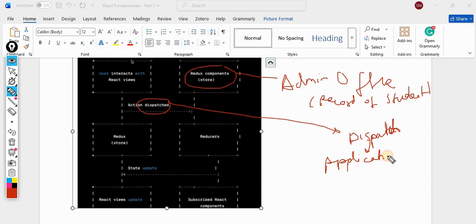And whatever is available in the dispatch, that is the action. Whenever the thing is dispatched, we call that an action. If something is dispatched, that is your action.